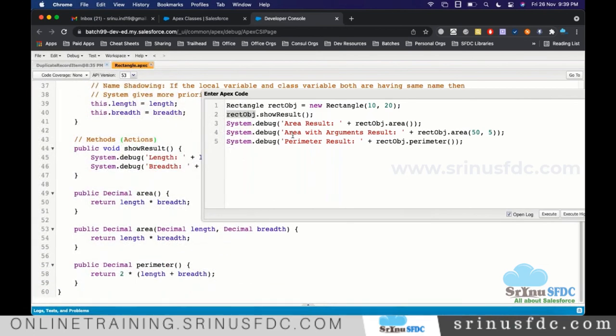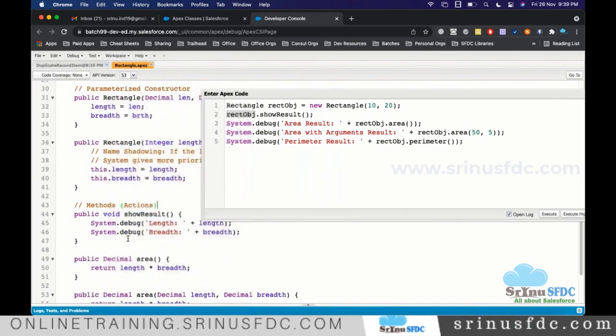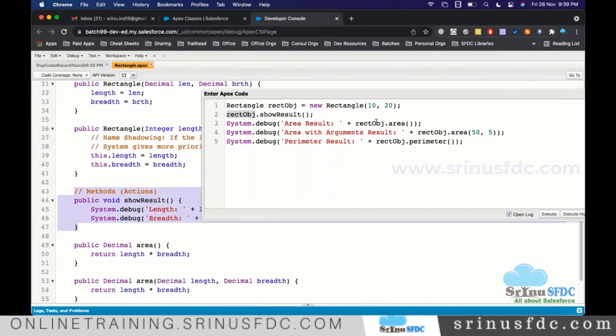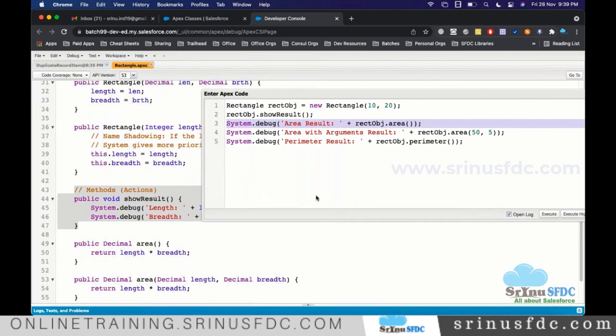So for that, we are just printing in the log when you call this one, and when you call this one, it is calculating the value and returning it. For our understanding, we are printing in the log. So is it really giving the result properly or not?